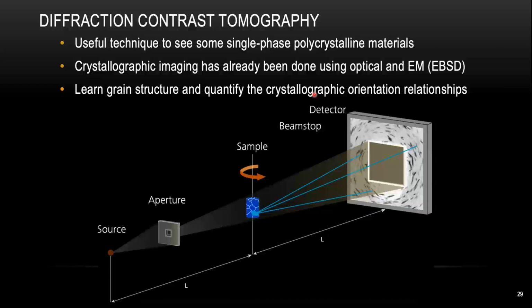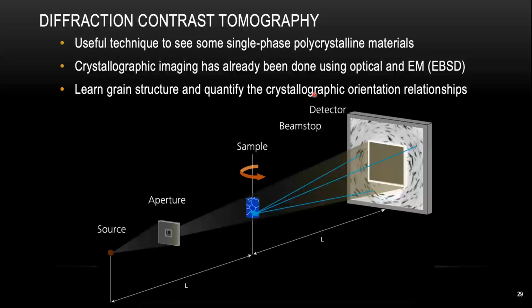But you might say, I can also generate crystallographic information from an optical microscope or even 2D and 3D electron microscopy such as EBSD. But 3D EBSD is a destructive technique. You need to do some sectioning and viewing, and DCT is the only non-destructive technique to give you crystallographic information.